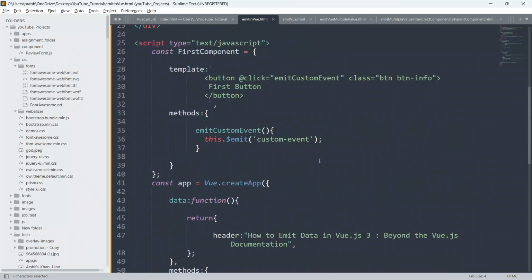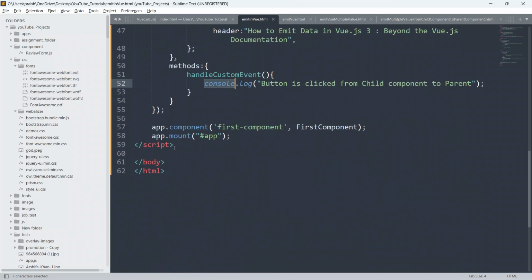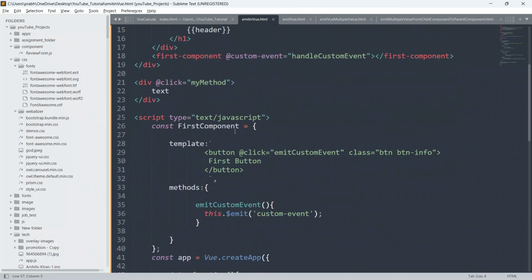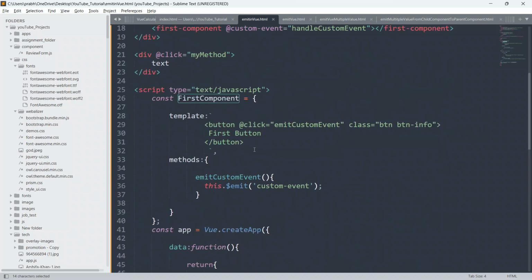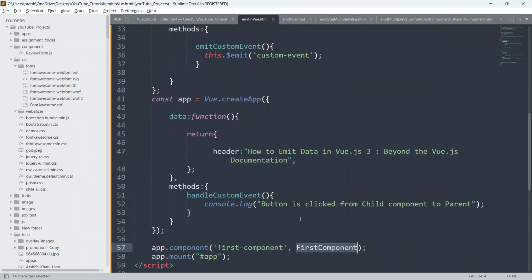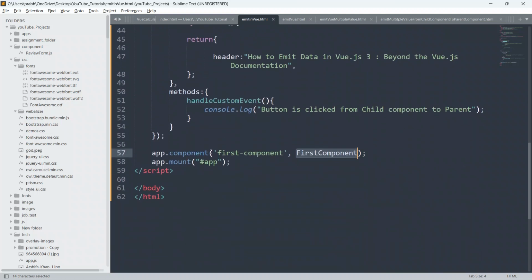We have just registered this first component in app.component. We'll say first-component, comma, and we'll give the first component name. In this way we have registered our first component.